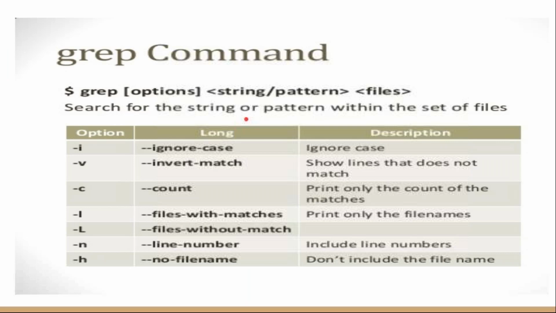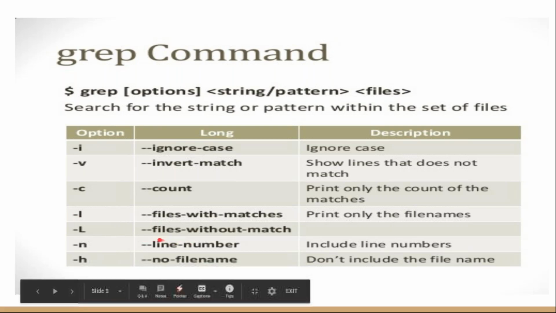Same here, the grep command is written like this: the options, the string patterns, and your files. So options, your file name from the pattern to be searched, and this is a pattern. So ignore the case, inverted match, count, twice same case, print only names of files that match. Those who have the pattern will print the name of the file.